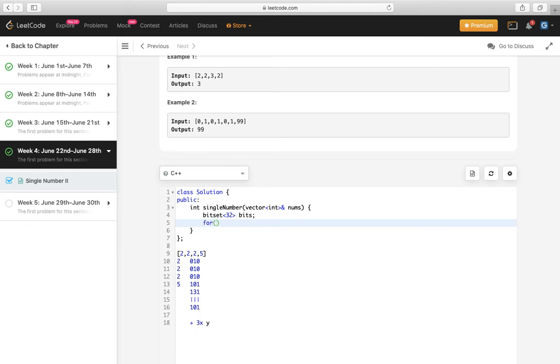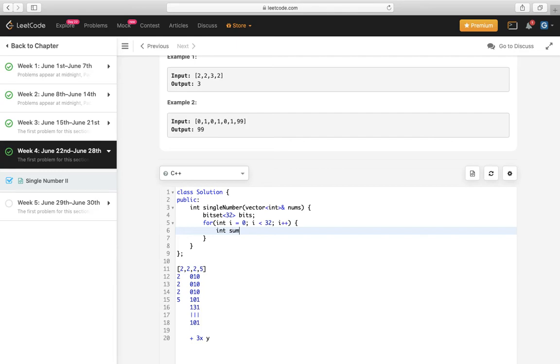I am taking a 32-bit representation, because this is basically the int integer. If it is long, then it acts accordingly, like 64 bits, then 128 bits, and so on. I'm iterating for every bit from 0 to 32. Then for every bit the initial sum is equal to 0.